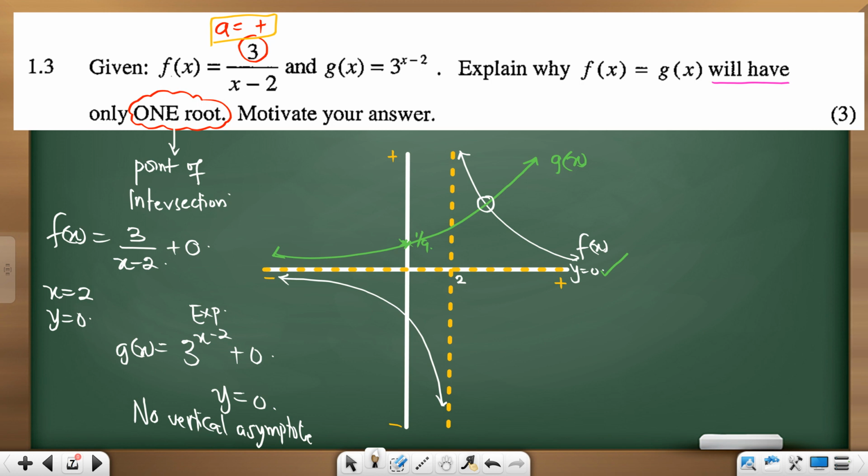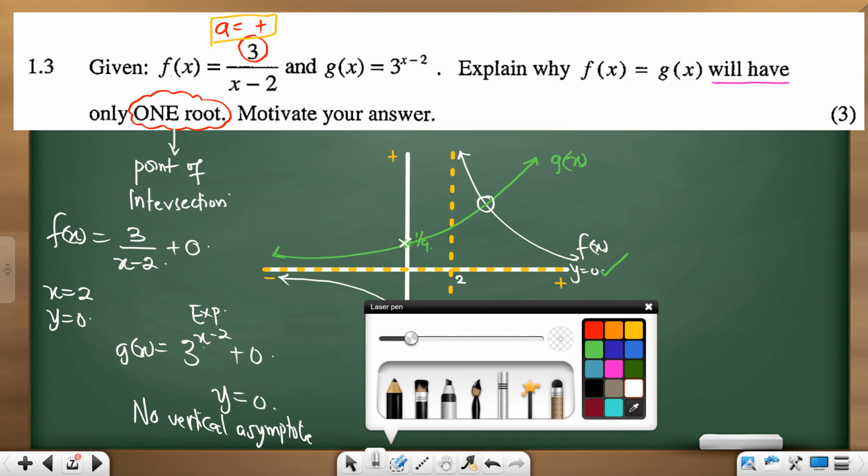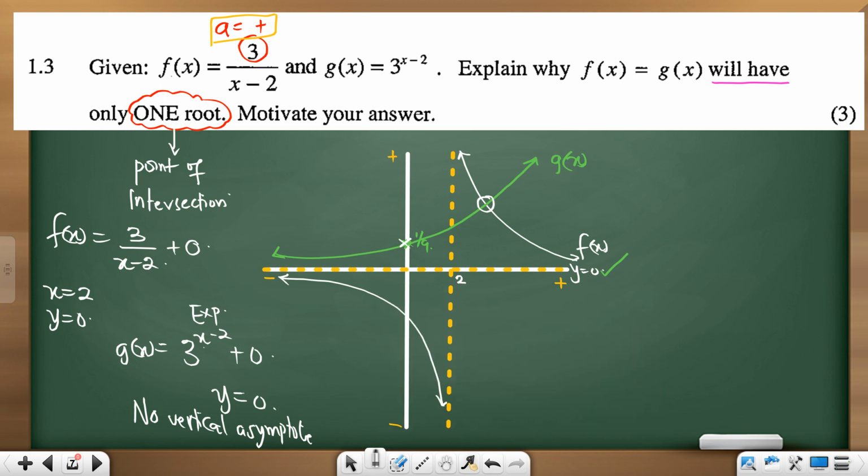Now, what did we do? I looked for my intercept, just to make sure I get it right. Put in x as 0. We got 1/9. I didn't even need that actually, but just to show you. And because x is positive, it is an increasing function that is above my asymptote. So there we go. And they would only intersect at one point, which is a point of intersection, which is